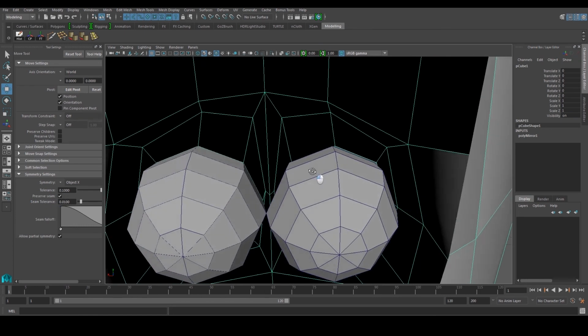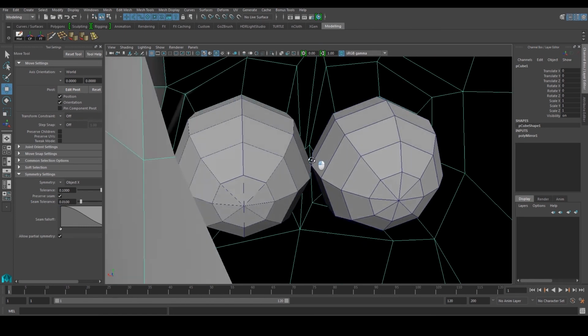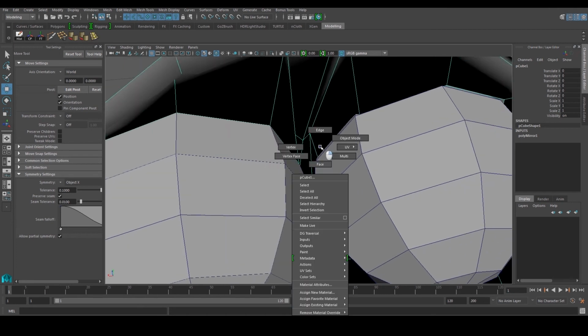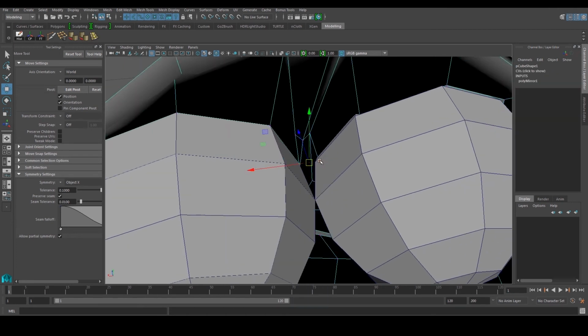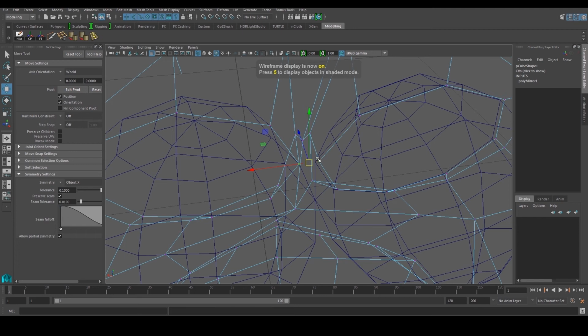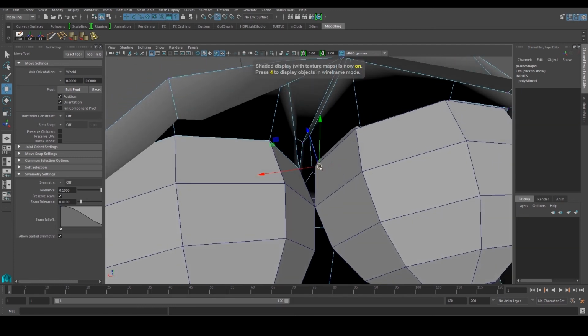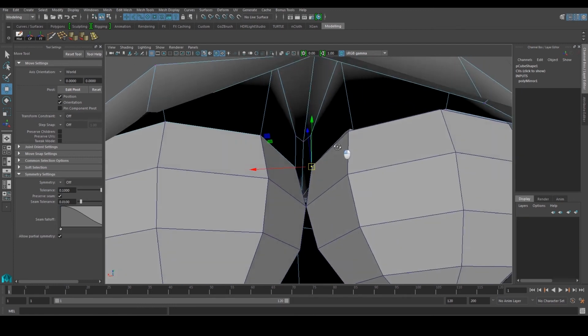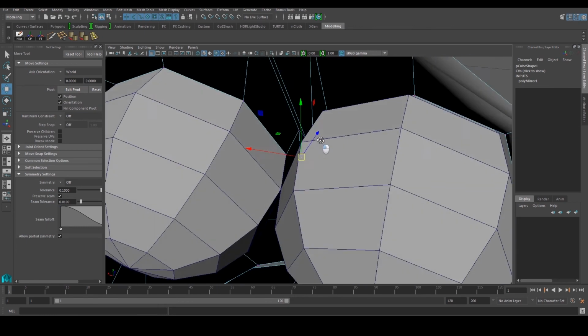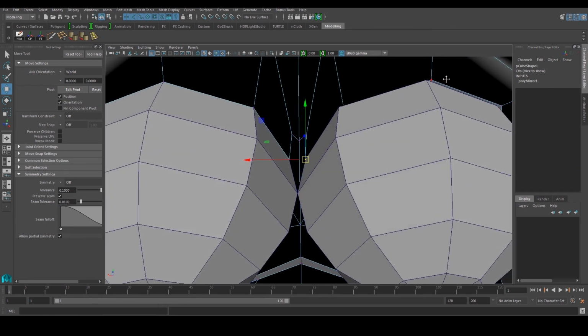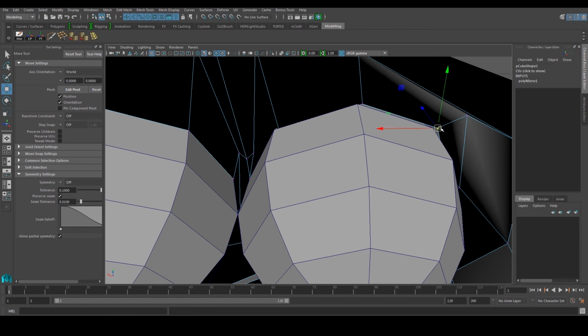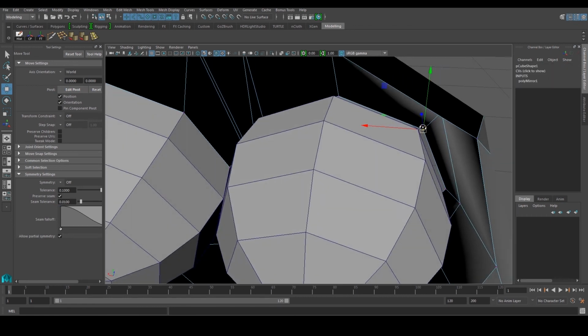Let me just go from the inside, perhaps you can see it better. Again, you don't have to be too precise about this. If you press 4, you can see things better, which is this guy over here. Let me just turn him off. This guy over here needs to snap properly. Again, it's not necessary for you to do this, right? So just make sure that things snap properly. I think some of these areas over here are not snapped properly, so you can go ahead and snap against some of these areas,